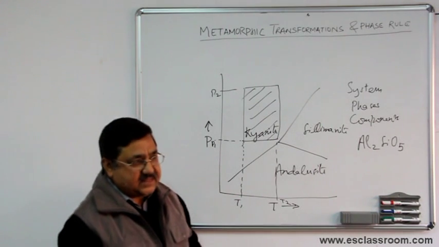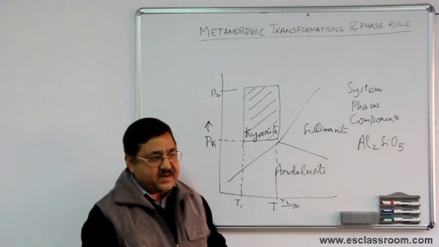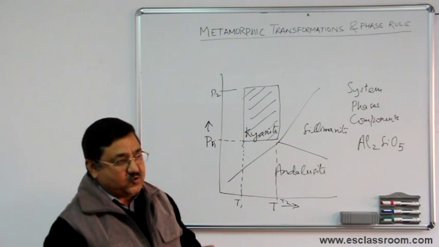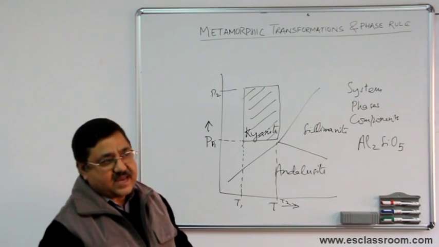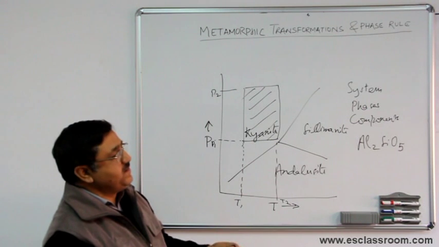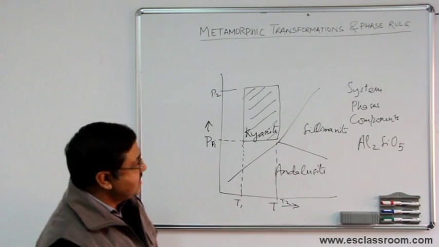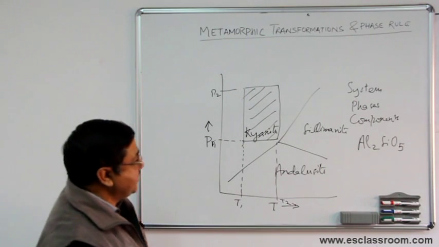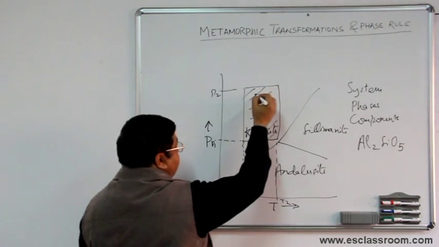What it implies is that within defined limits, we can change the two variables and the system will remain as it is. So if I try to express this in the form of a mathematical equation, then I will try to define